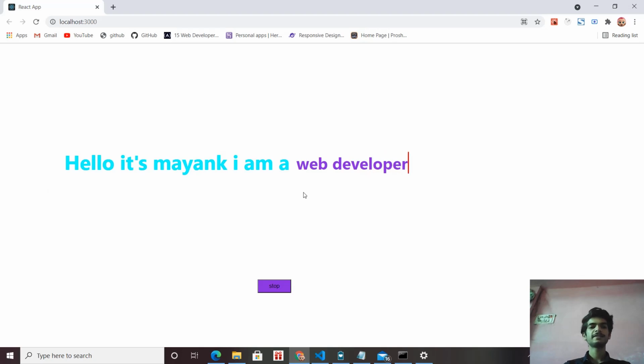Okay, so this is the typewriter effect which I think you see on a lot of websites, and it is a good effect which you can add to your portfolio and websites. Okay, so let's get started. Let's build this. It is a very simple project, and with this project you are going to learn the use effect hook. Okay, so let's get started.